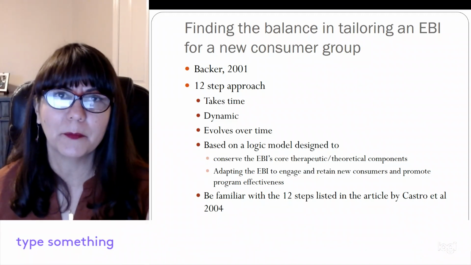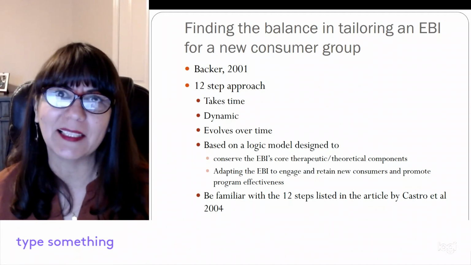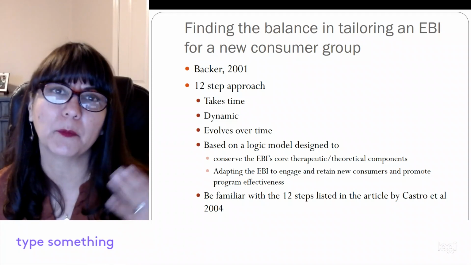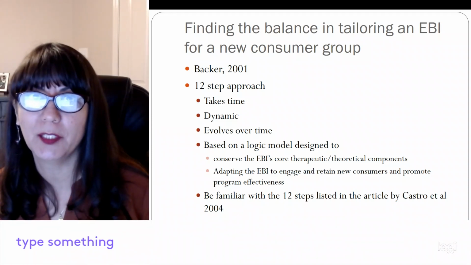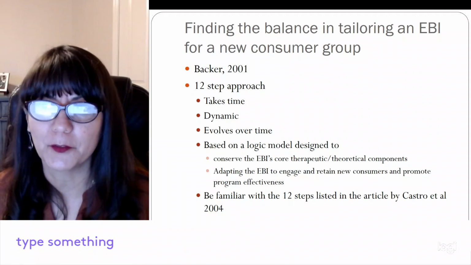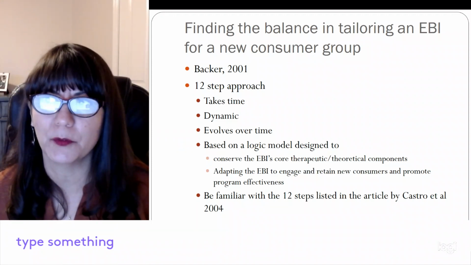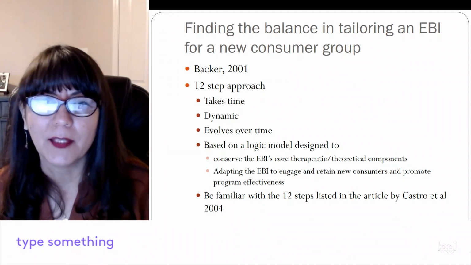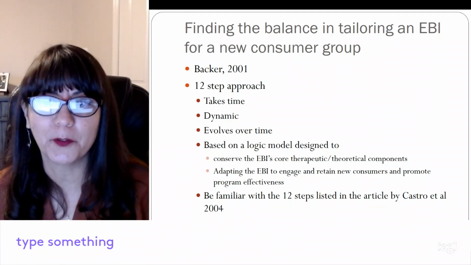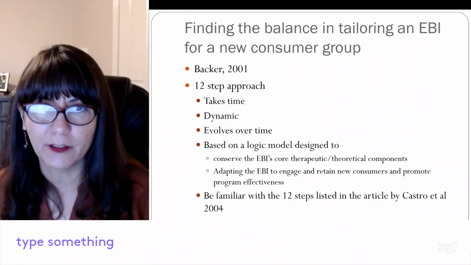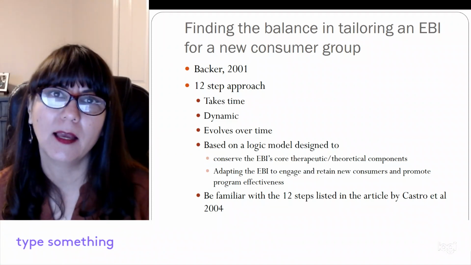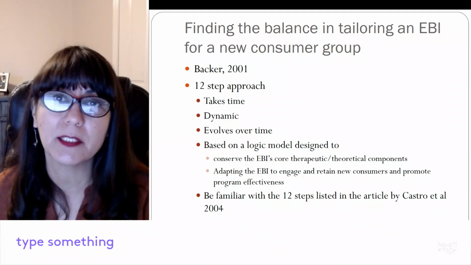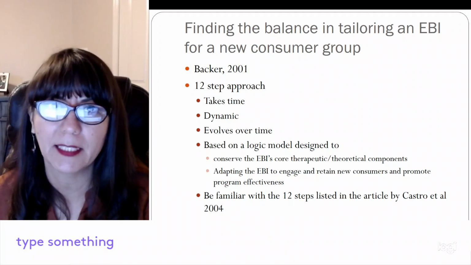So it's like, okay, step one, get to know your target population. Okay, how do I do that? How do I get my foot in the door with the target population? Maybe they need more how-tos in these frameworks or 12-step approaches to adapting an intervention. And so we get a little bit of that, the how-to, with the article that was looking to affect risk behaviors or substance abuse behaviors among African American adolescents.